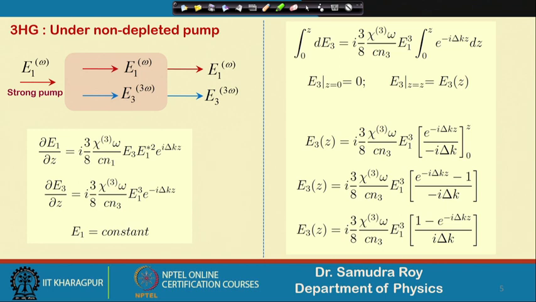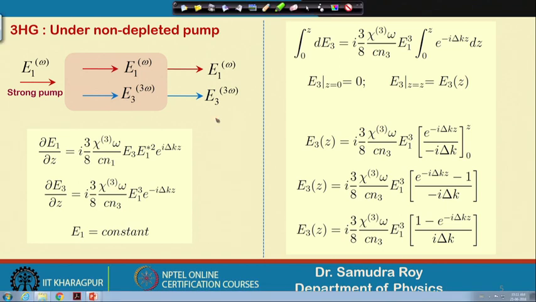Now, the next thing we need to know is the evolution of the third harmonic wave. We know that the third harmonic wave is evolving. So, this is the third harmonic wave that is generating, and we need to find out how it is going to evolve over z. This is the distance, and this distance is z. To understand the evolution we have two coupled equations in our hand, these two equations for E1 and for E3.